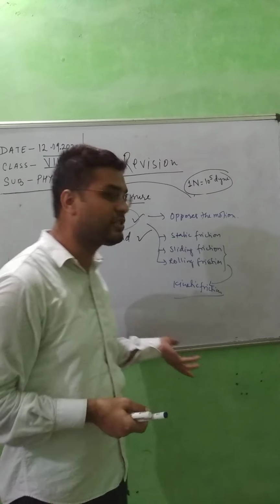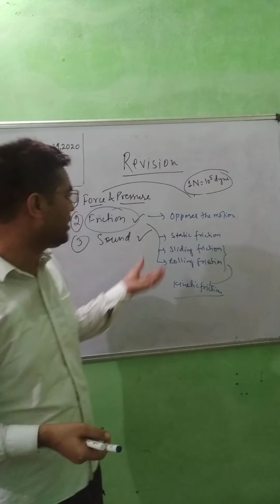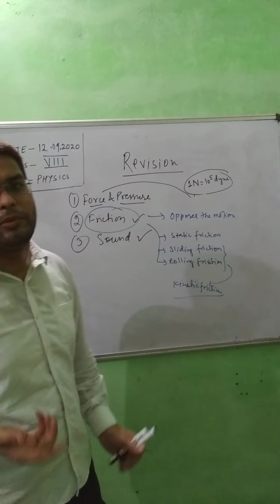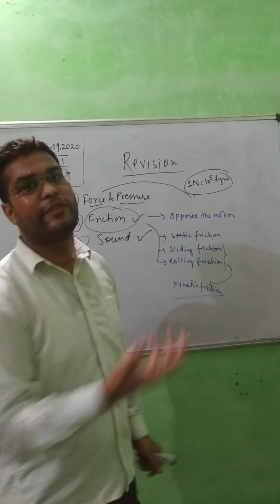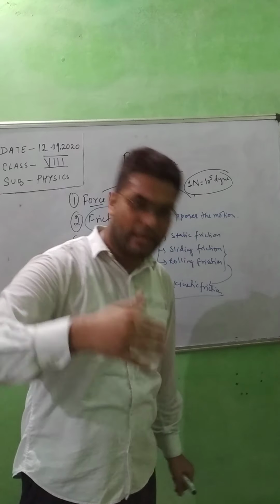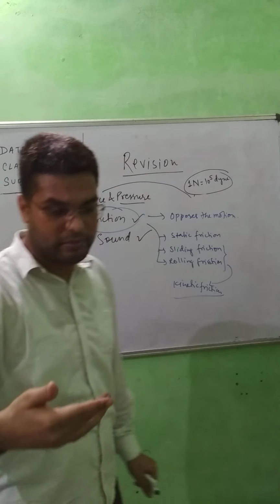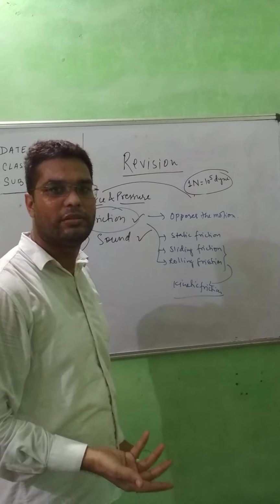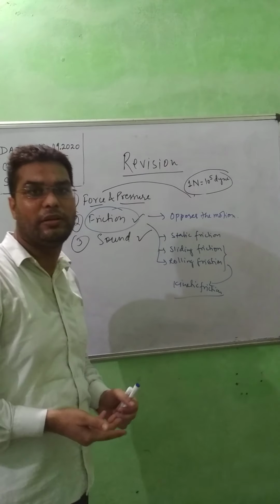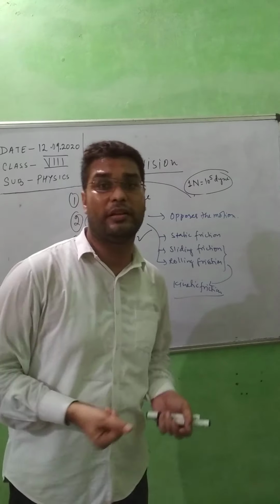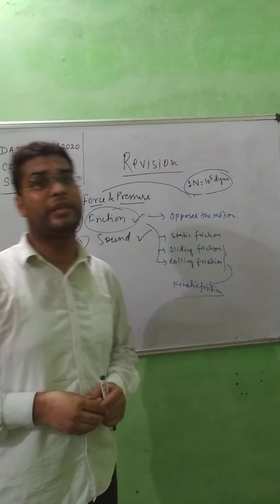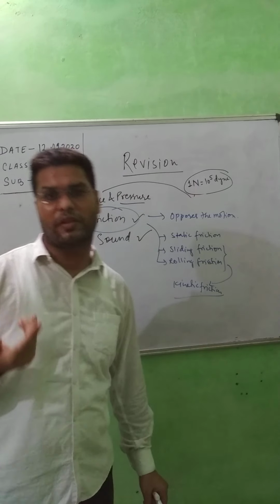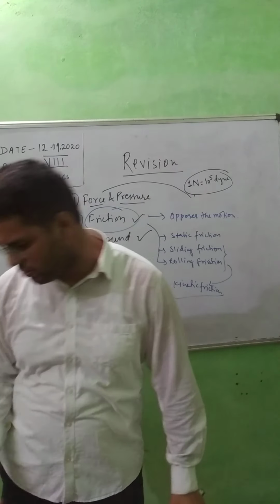We have all seen which friction is more and which is less. Obviously the static friction will be more. If the friction is more, then more force is required to make the thing come into motion from rest. So all this we have talked about in the chapter Friction. Frictional force is also a force, so sometimes it is asked in the exam what is the unit of frictional force. The unit of frictional force is the same as the unit of force.